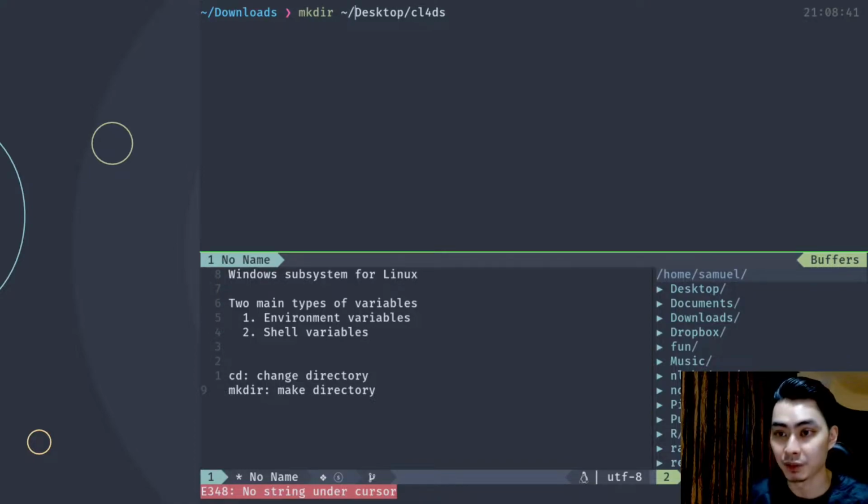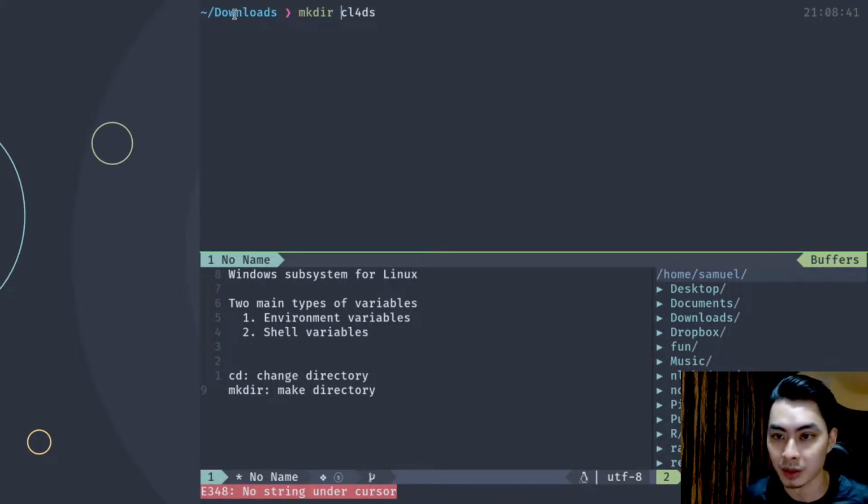So I want to specify the actual path. But if you're doing this from a different location, then you have to change that. So mkdir, and then you will specify where the directory is created, and you pass in a path to that. If you want to create in the current directory, all you need to do is just take away all of this and just call it cl for ds. This will just create a directory called cl for ds within your downloads folder, within where your current folder is